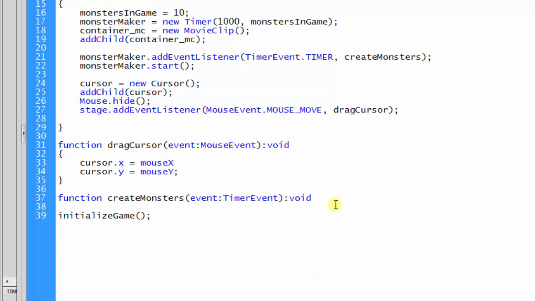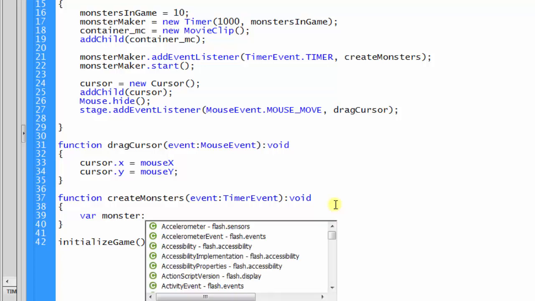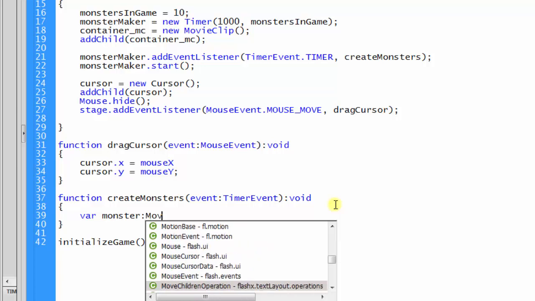Void. And then our open close curly braces. And we're going to first declare a new variable called monster. And it's a movie clip type variable,